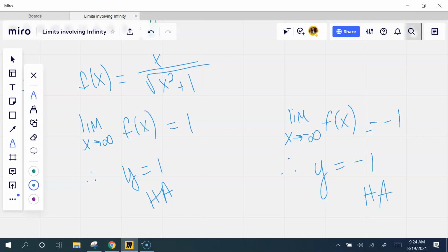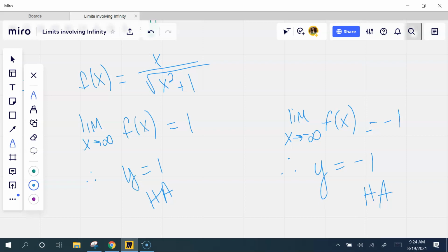Wait, but so this limit is... it's got no limit. Not the other two, right? They're not the same. They don't have to be the same. It's an "or" situation. No, I'm talking about what we learned yesterday. There's no limit. This is not the limit as it approaches infinity from the left or from the right. This is positive or negative infinity. This is the difference in approaching 1 and negative 1.